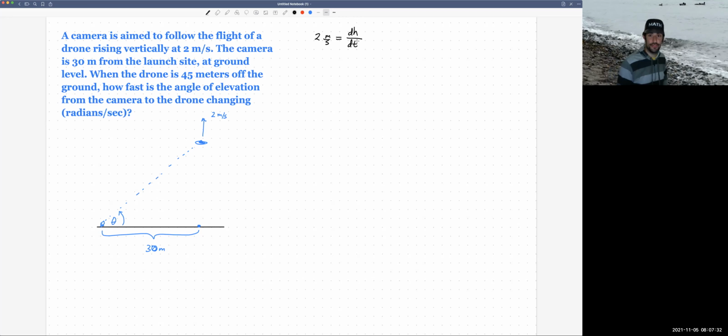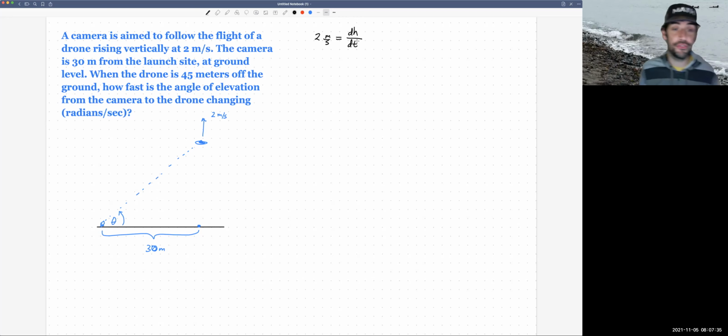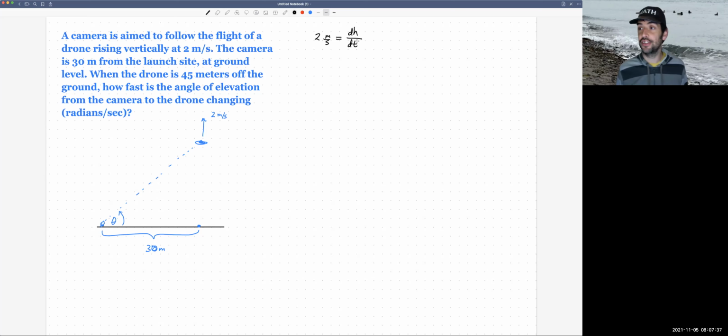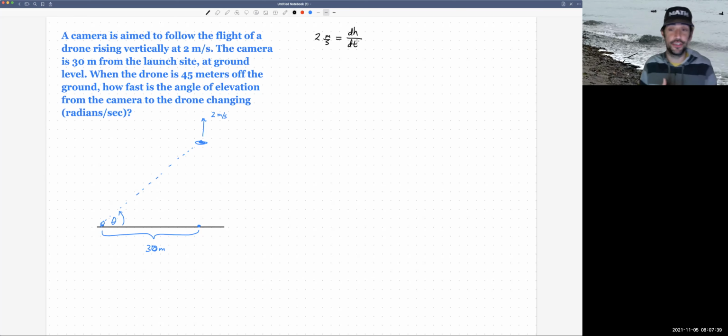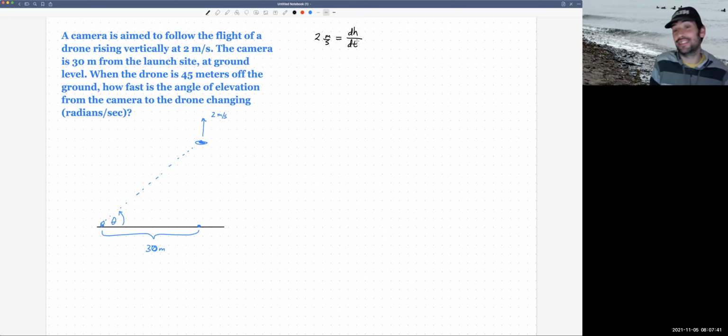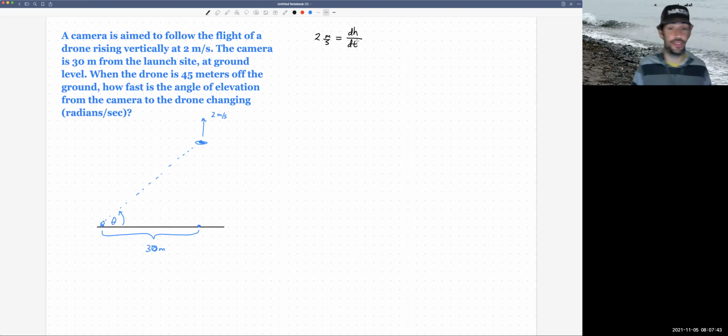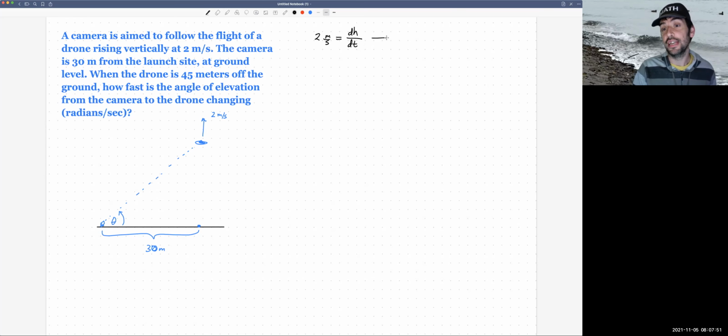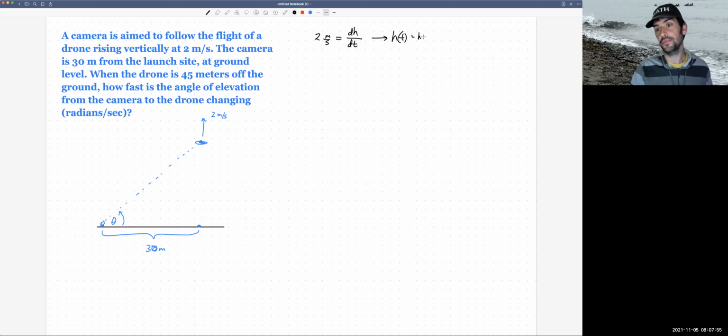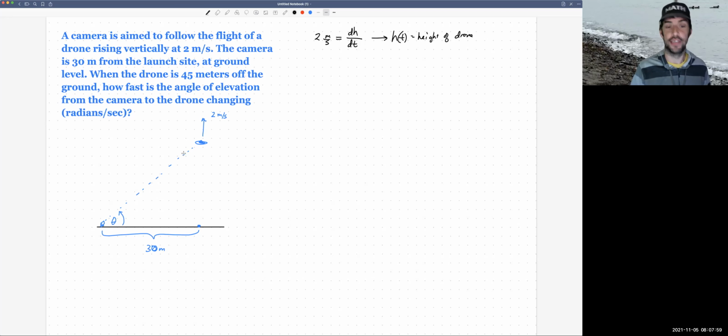This thing is a derivative. We don't know the h function, right? Derivatives are things that are done to functions, but we know what its derivative is. The value of it is 2 meters per second, right? And I just hinted at something else. The fact that I have this derivative dh/dt implies that there's a function h of t, right? The height of the drone is h of t. And so let's put that on here,